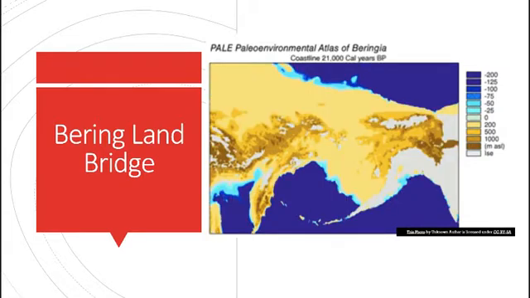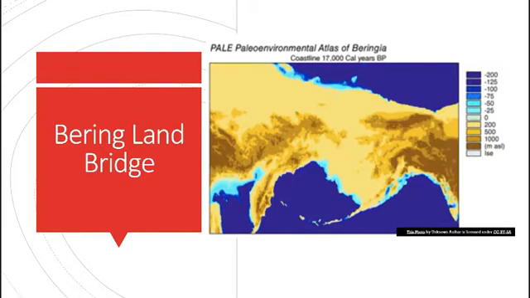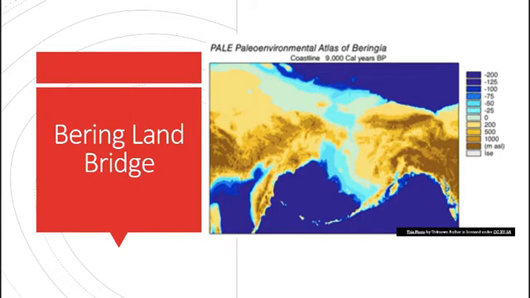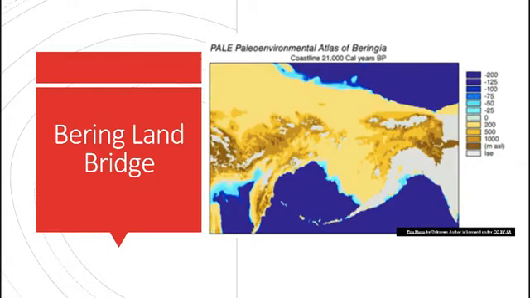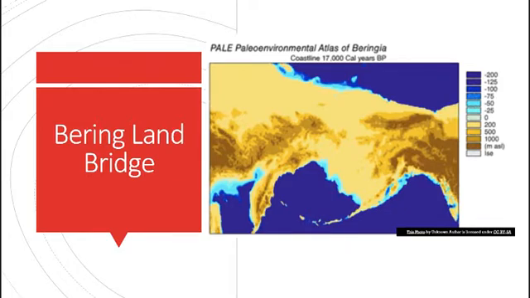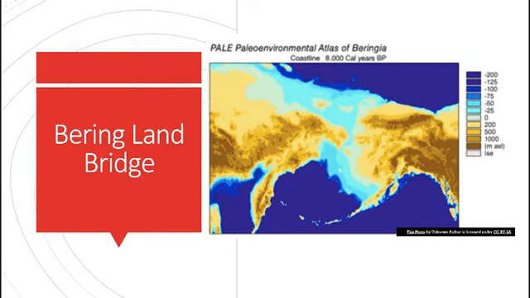We would refer to these people today as Native Americans. But honestly, are they? No, they came from Asia. They're not native. Real native humans are from Africa. So this Bering Land Bridge emerged during the Great Ice Age, linking Asia and North America across what is now known as the Bering Sea. You guys ever watch that TV show on Discovery Channel, Deadliest Catch, where they catch all the crabs? That's where the people would have walked across, because it was land exposed there. Now it's the Bering Sea.